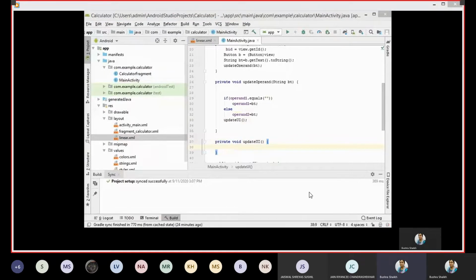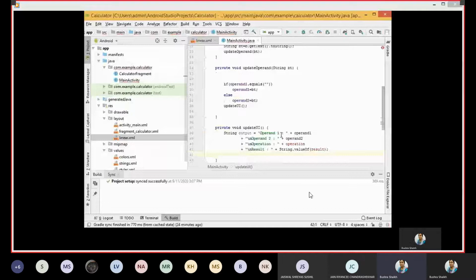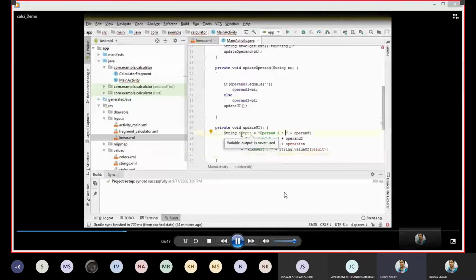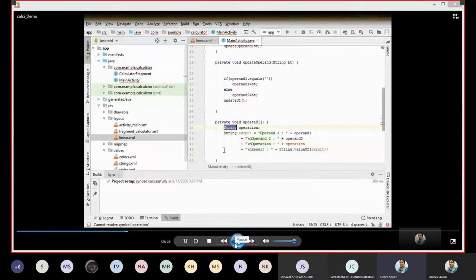And now this updateUI is only going to focus on one part, that is updating the text view, or setting the value of a text view. Now, what is it trying to set the value of the text view with? I had created one string label with the name output, wherein it contains operand 1 is equal to the value of operand 1.